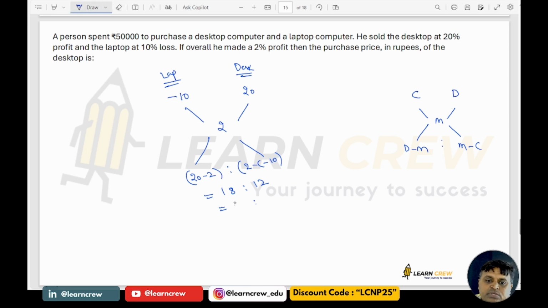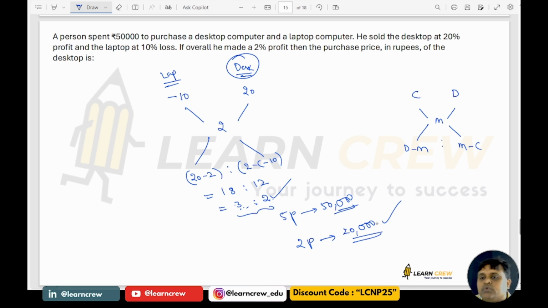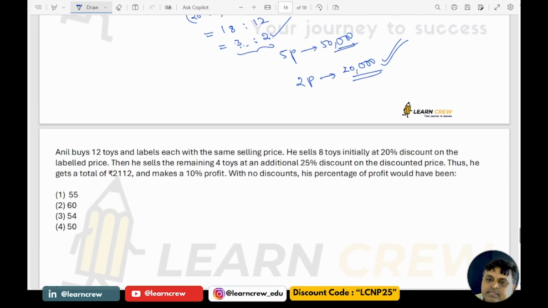So 3:2 is the ratio of the cost price of laptop and desktop, and both are purchased at 50,000 together. So these 5 parts is the cost price of laptop and desktop together. So 5 parts is 50,000. Thereby desktop is how much? 2 parts. Desktop is 2 parts, which is 20,000. So answer is 20,000. The cost price of desktop is how much? 20,000. Next,